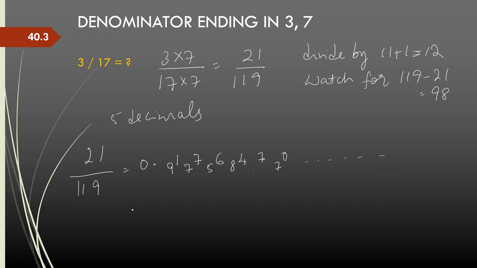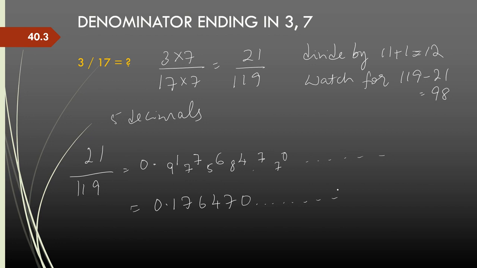Now I want the answer only to 5 decimals, right? So 1 7 6 4 7, and I also have 0, so I just put that, and then this whole process will continue. So there will be a lot more digits before we get a recurring set of digits. But if you want to find out how many digits there are before the decimals start recurring, it's very easy. Just extend the process and you will be able to find out.